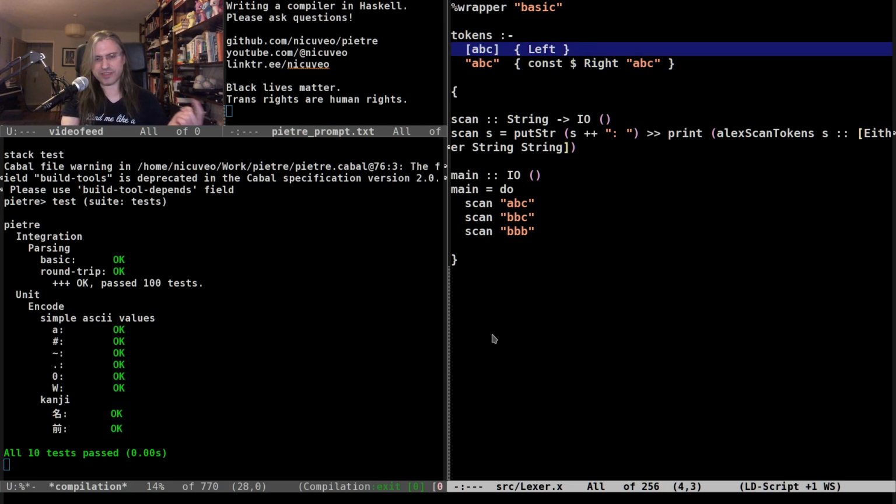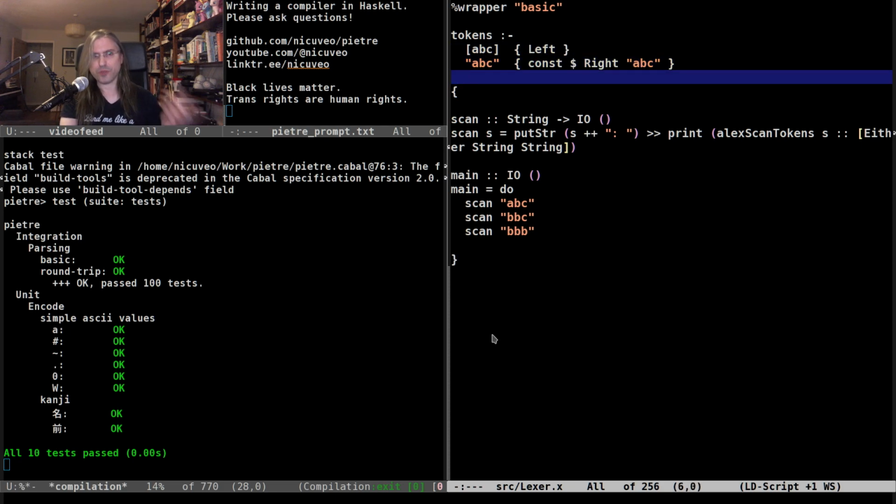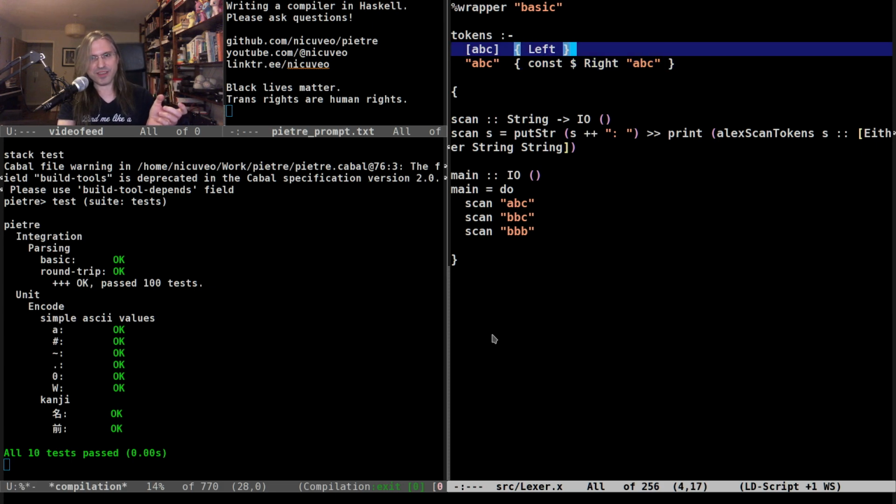One is when we match either A or B or C, we apply the left constructor, and the other one states when we match A, then B, then C, we apply the right constructor because we have matched the string ABC. And of course, since Alex matches the longest string, whenever ABC appears, we should be getting ABC. When we get A, B, C separately, we should be getting them segmented.